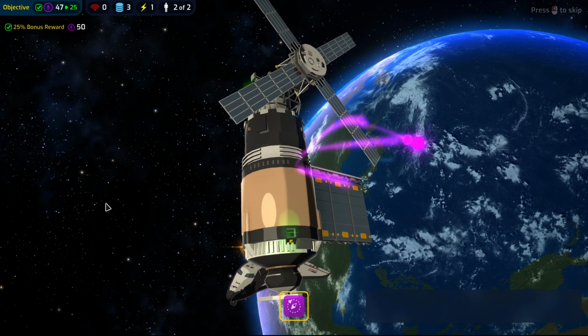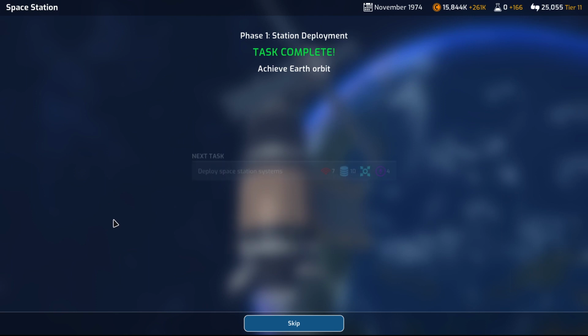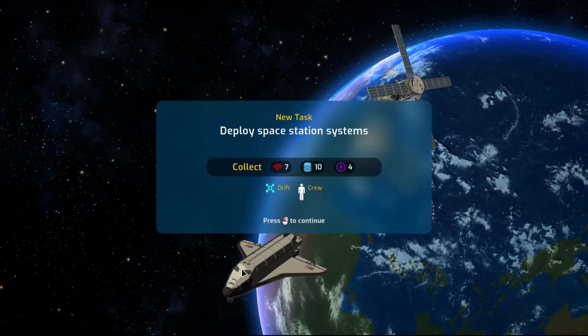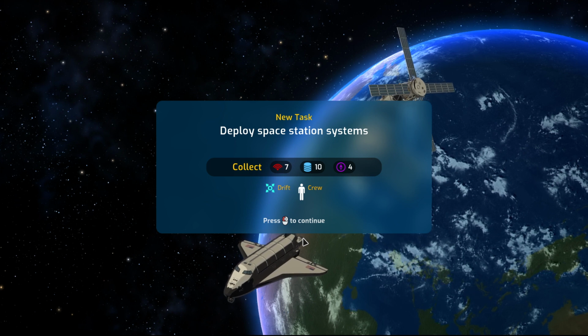The one thing that I don't get is why... Yeah. To me, that shuttle almost looked like a Buran. Deploy space station systems, and now we have drift also. Yeah, I mean, the windows on this shuttle to me look more like... Oh...